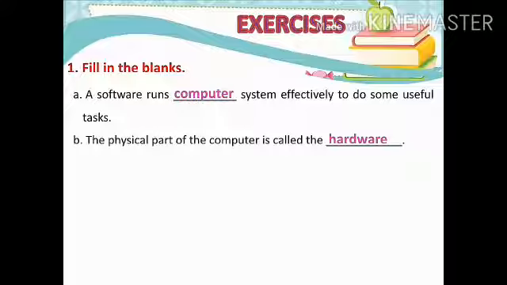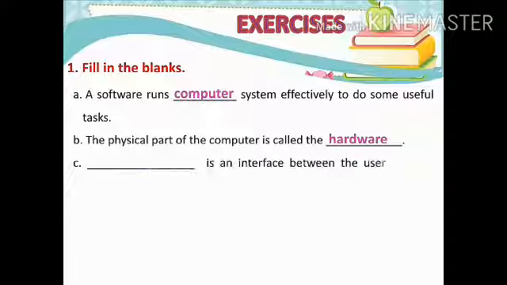Then the third question, dash is an interface between the user and the computer. Which part of the computer acts like an interface between user and the computer? Yes, that is operating system. Operating system is an interface between the user and the computer.